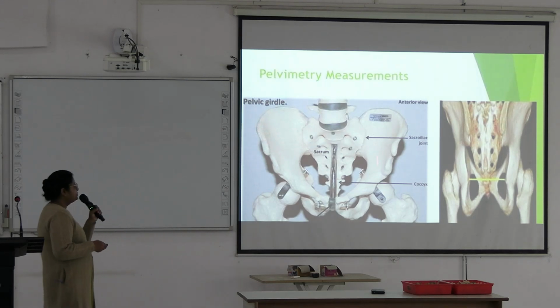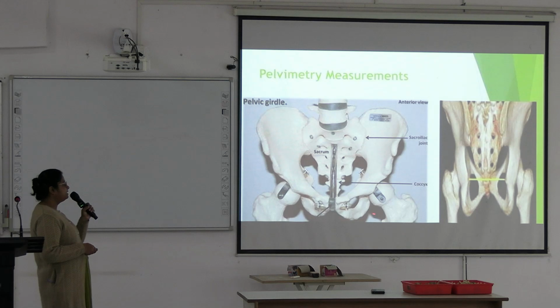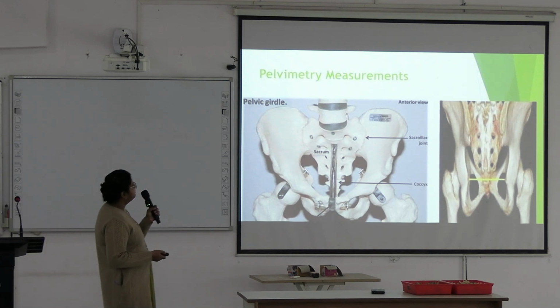This is the sacroiliac joint. Here is the coccyx. This is the sacrum. Two iliac bones: ilium, ischium and pubis. The heads of the femurs are articulating here. Next,